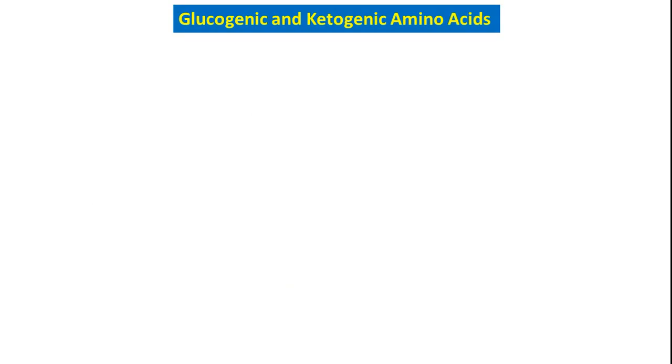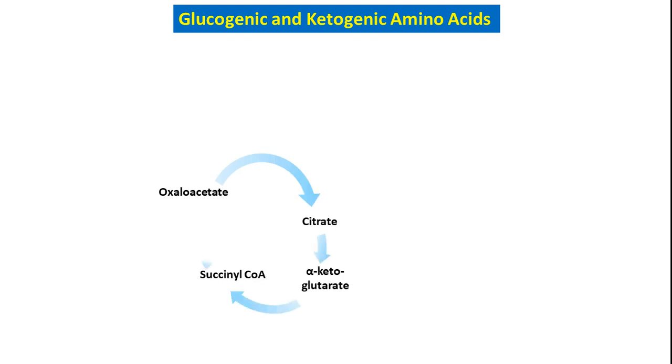Further, in these amino acid metabolisms, as I told you in the beginning of the lecture, when you remove the amino group from amino acids, they will act as energy sources, or they will become frameworks for participating in other biochemical reactions, but they lose their intrinsic biological activity, okay, bioactivity. So here I am showing you one cycle: pyruvate to oxaloacetate, oxaloacetate to citrate, citrate to alpha ketoglutarate, succinyl CoA, fumarate. This should remind you of a very popular cycle, that is the tricarboxylic acid cycle.